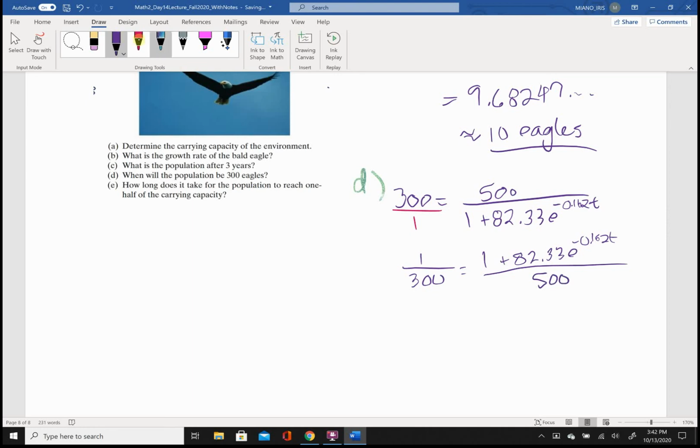I'll put some notes in this regard. Then those zeros will cancel out, these 500s will cancel out, and we'll be left with 5/3 equals 1 plus 82.33 e to the negative 0.162 t. We'll subtract 1 from both sides, and we'll get 2/3 equals 82.33 e to the negative 0.162 t. Okay,